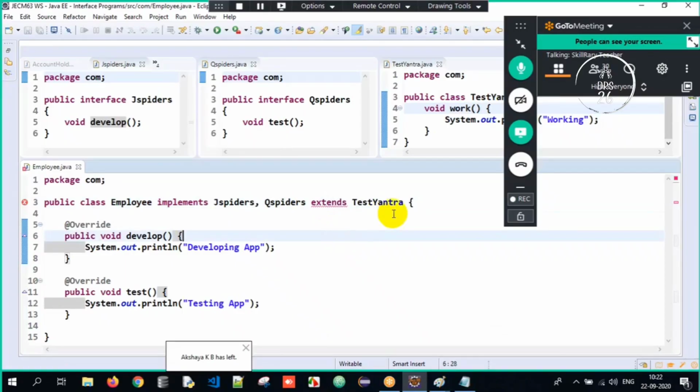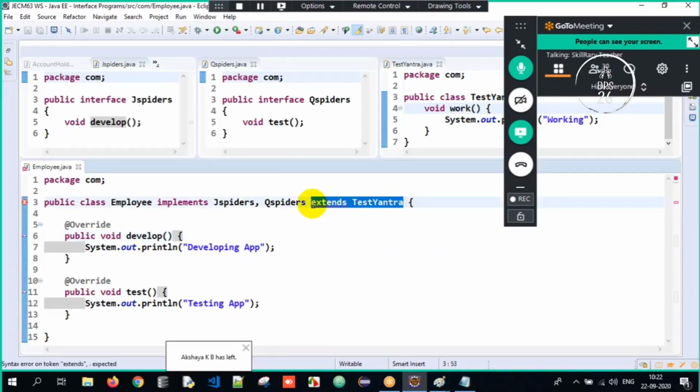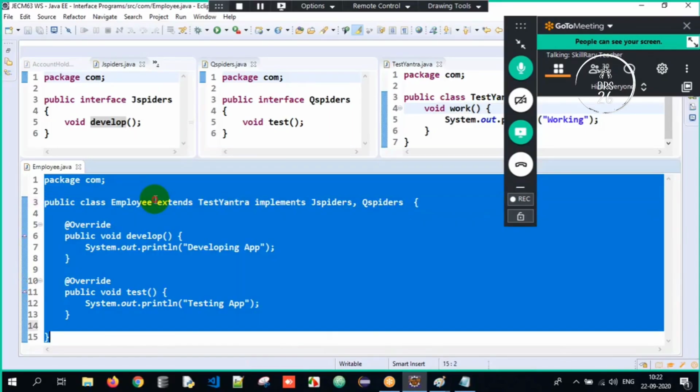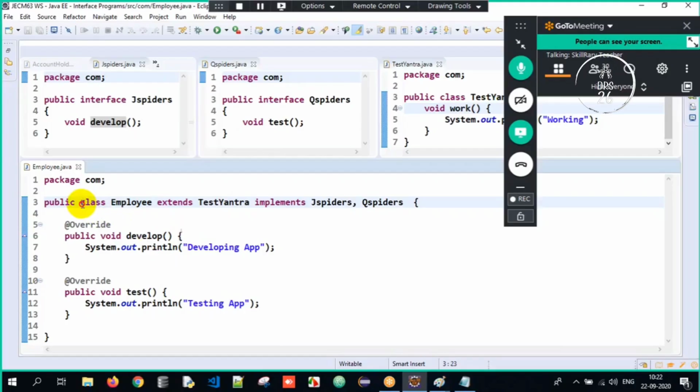But a class has to extend another class and implement any number of interfaces, meaning you have to give the priority to the class. A class can extend another class and implement any number of interfaces. Got it? But a class cannot extend multiple classes. Why? Multiple inheritance is not supported.